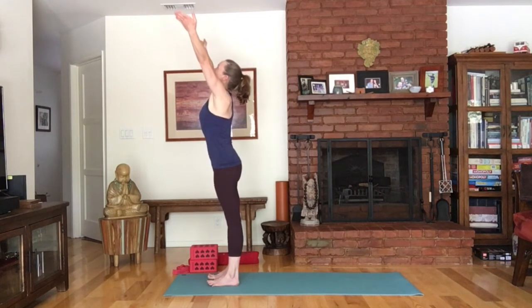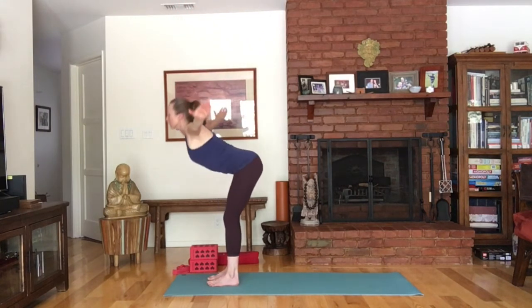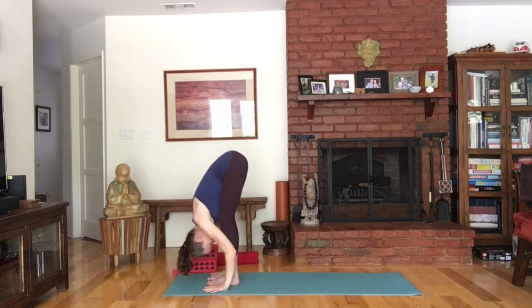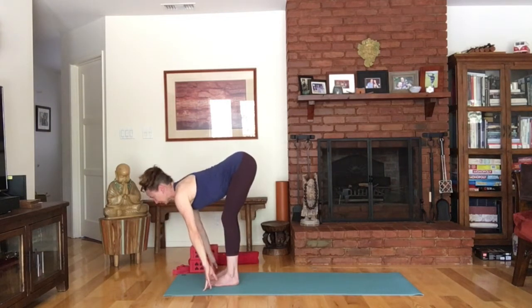And inhale, circle your arms overhead, look up. You can seal your hands. And then exhale, hinging from your hips, fold. You can always bend your knees here. And then inhale, lengthen your spine, reach your sternum away from your navel. And then as you